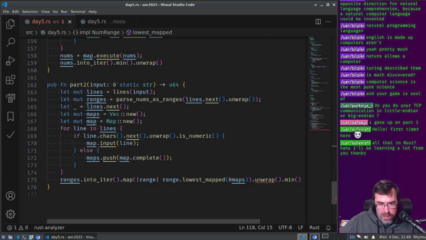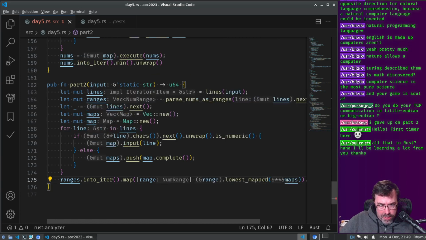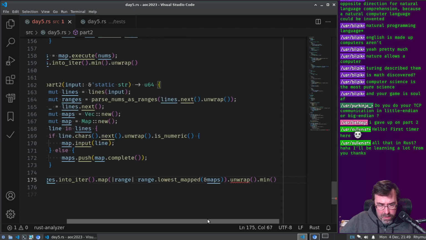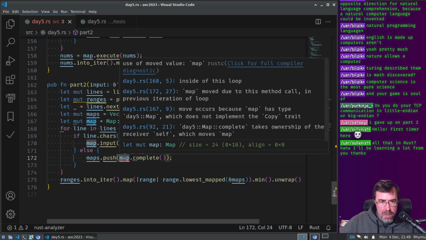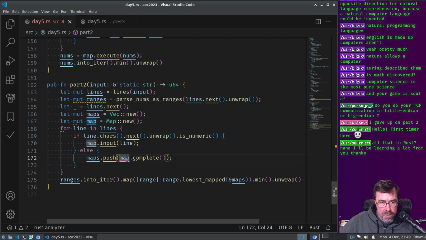Okay, and what did I do wrong here? I thought that would need to be unwrapped, but maybe I'm wrong. Oh, it's the minimum that needs to be unwrapped, right? Yeah, okay. What did I do wrong here? Mut value.